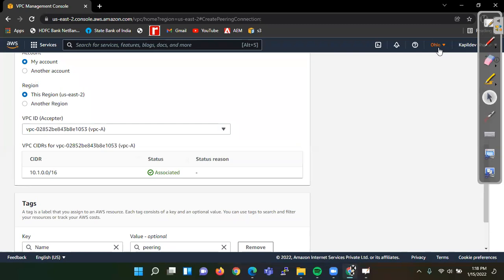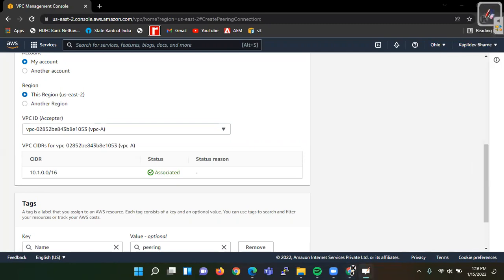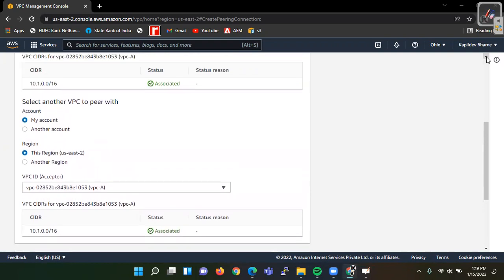See, we are having a connection from this Ohio. This is the requester. And who is the acceptor? Mumbai. Have you selected the requester and acceptor over there? No, because I have to request from this region. Is it fine now, Akshay? Yes, sir.